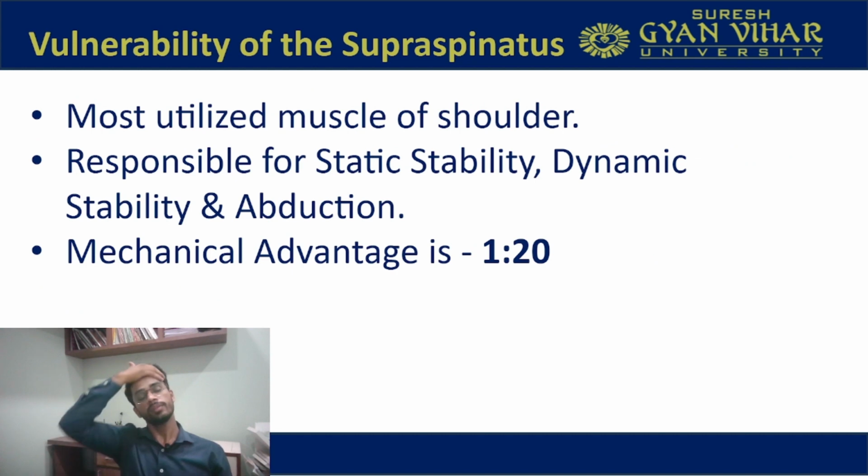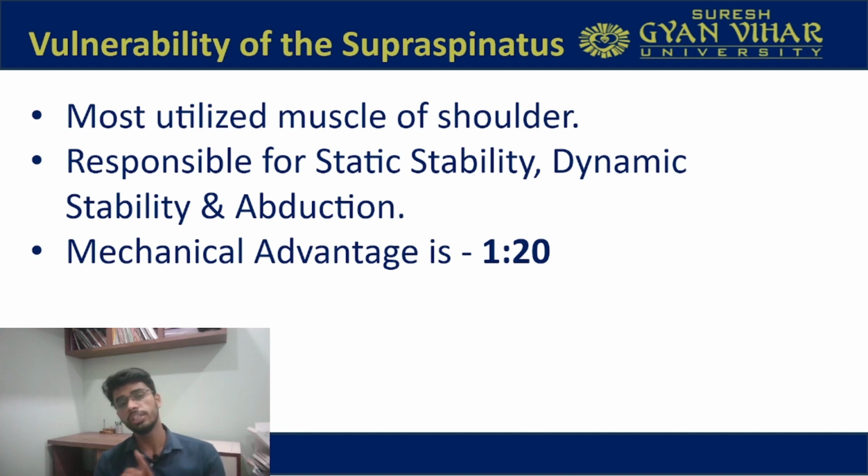Now you must know, when you start seeing patients of the shoulder joint, the most common muscle that is getting injured in the rotator cuff is your supraspinatus muscle. The question that arises is, what makes the supraspinatus so vulnerable to injury? What are the factors that cause only this muscle to get ruptured at the shoulder joint compared to other muscles like infraspinatus, teres minor and subscapularis? They are not getting injured that much. Their epidemiological incidence is very low if we compare them with the supraspinatus. What is the reason behind it?